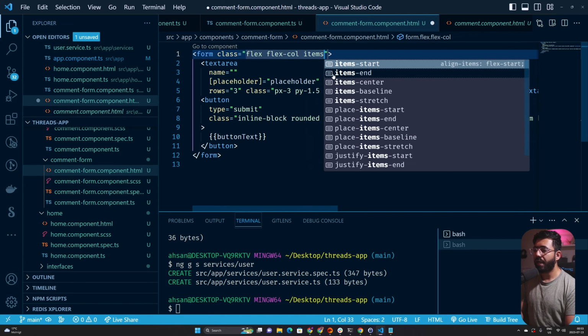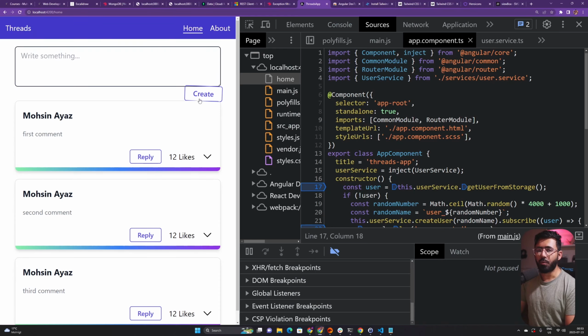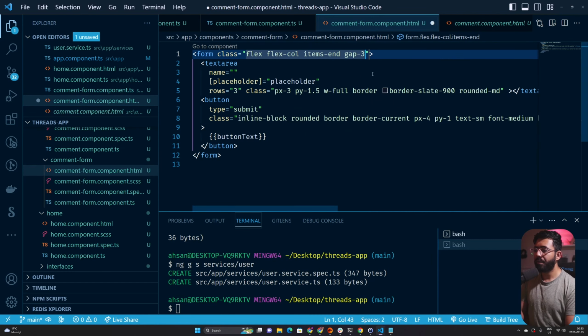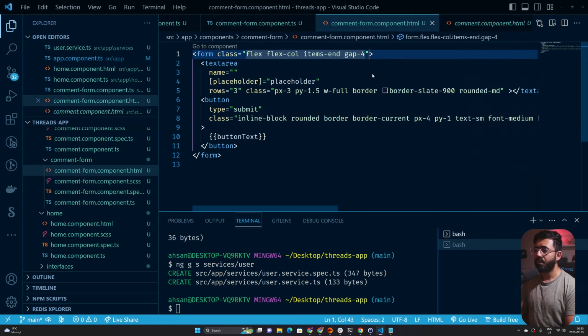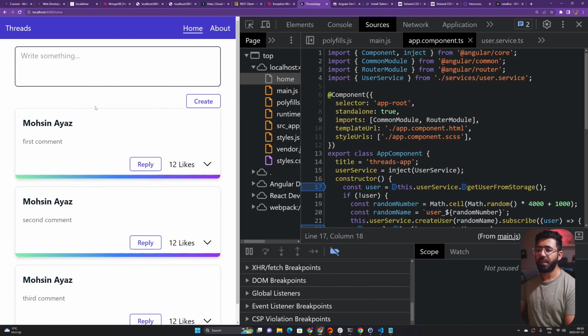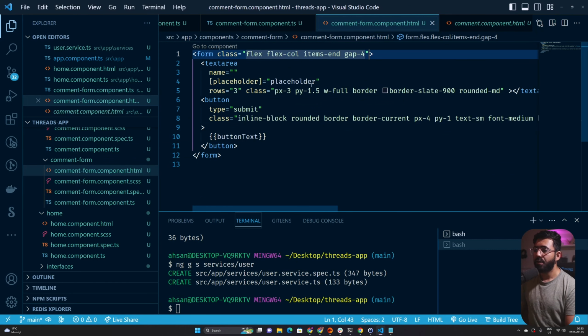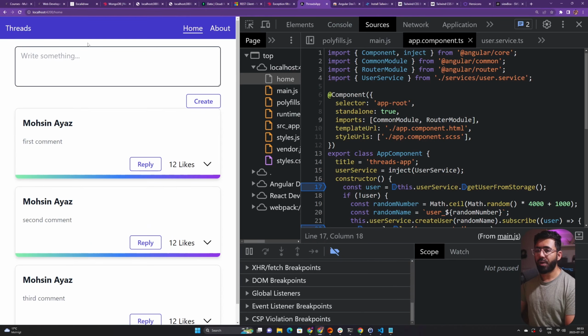And now we'll say items end, and there you go. Now we also want to have some gap between those. So we're going to say gap 4. Now we have some gap. And now we want to wrap all of this into some sort of card that we can also use to write something. So blooper. And now we can wrap this into a card,